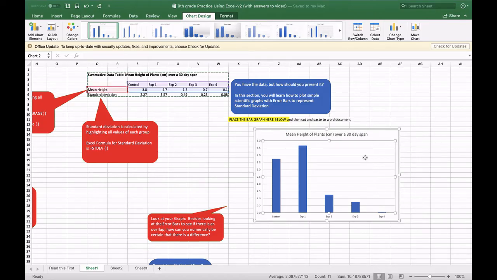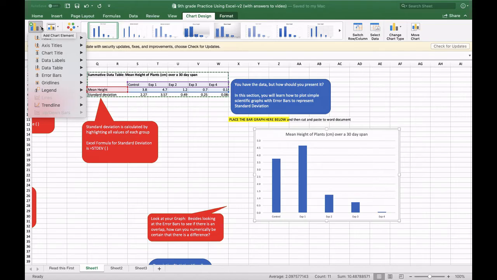Okay. But also notice that you are missing the Y title. And this is your vertical value axis. So how are you going to fix that? So highlight your graph, and then notice that these tabs open up, chart design and format, and you're going to add